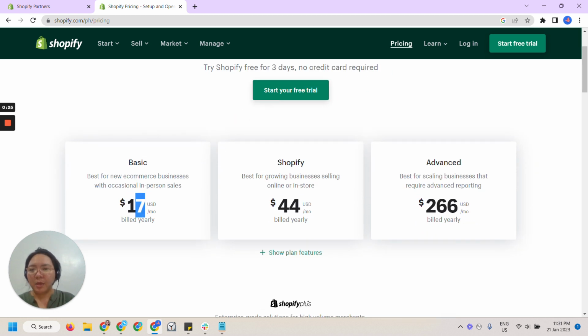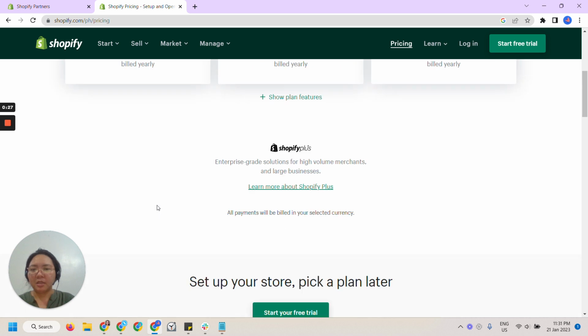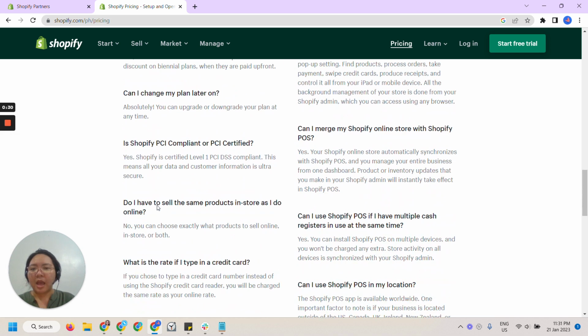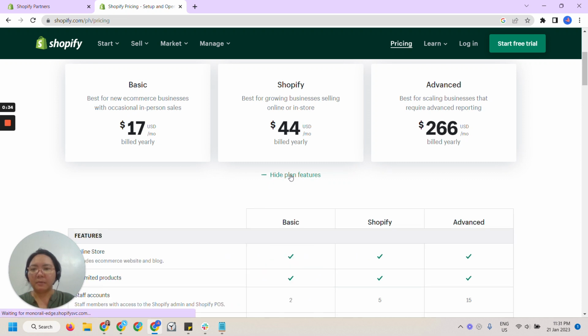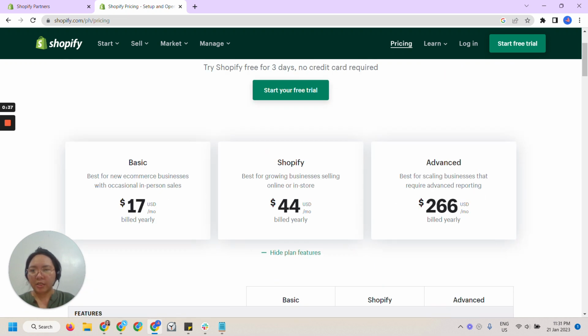And then this one would be 17 per month, that is billed annually. I think they have a monthly plan, which is $24. I believe that's $24 USD. Unfortunately, when you're just starting out and you want to create a website, sometimes the drop shipping takes time and the designing takes time. 14 days or 3 days, especially 3 days, is not really enough